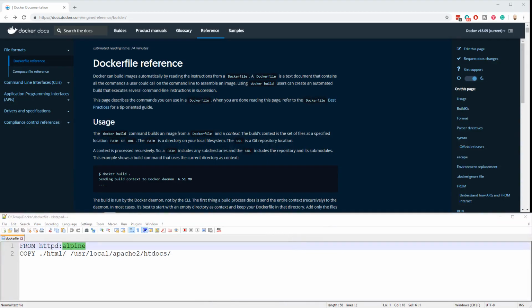What I have here is the Docker documentation. This up here on the top is the documentation. You can go to docs.docker.com/engine/reference/builder. I'll provide a link for this. But in here, we